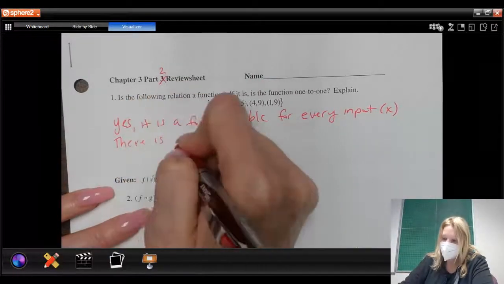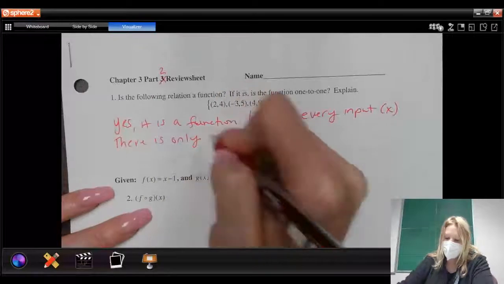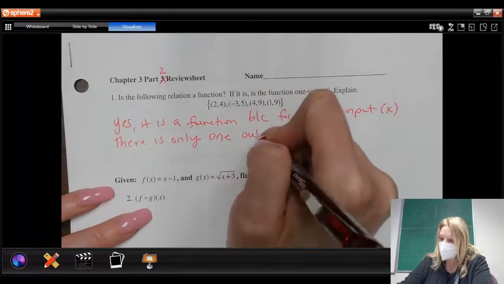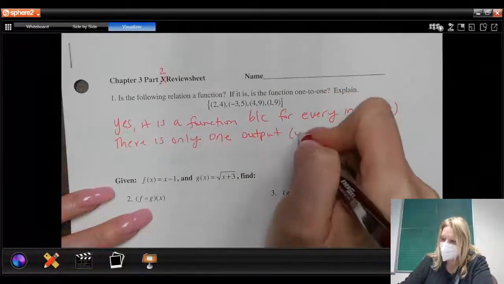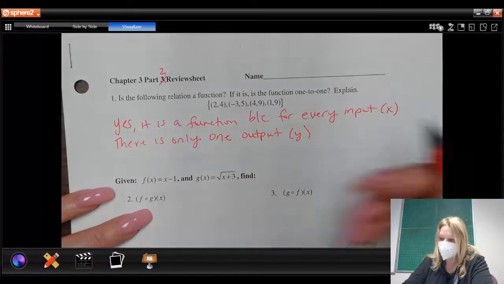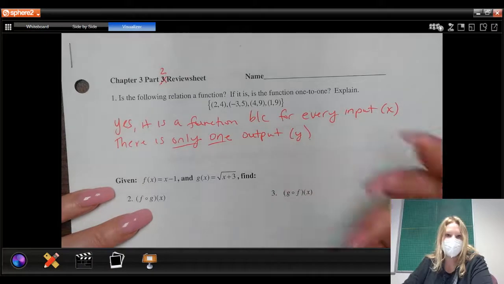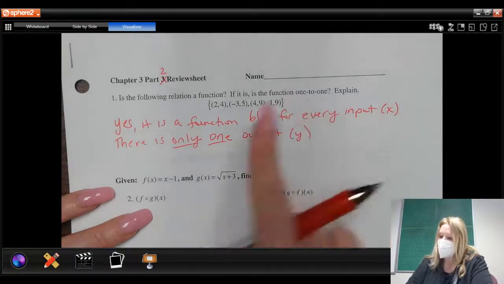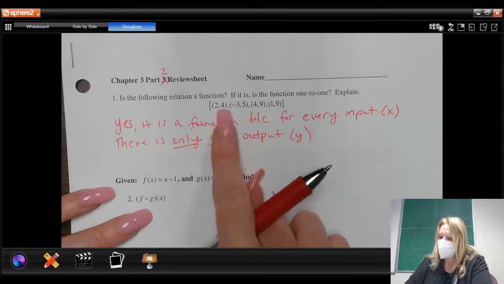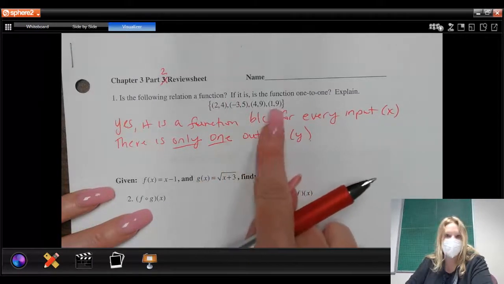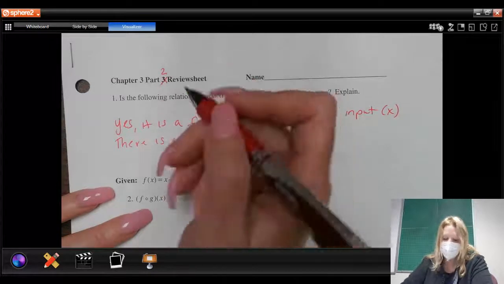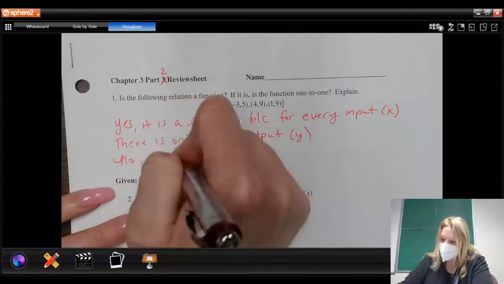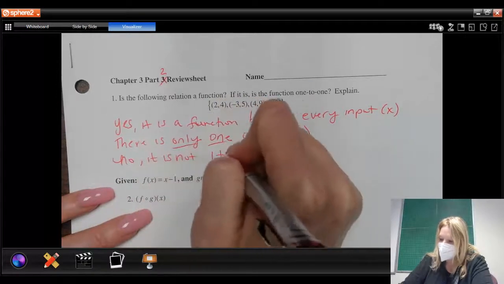there is only one output, which are the y's. Only one, sometimes we say exactly one. Now, is it one-to-one? Well, no, if the y's are repeated, which they are here, it would not be one-to-one. So no, it is not one-to-one